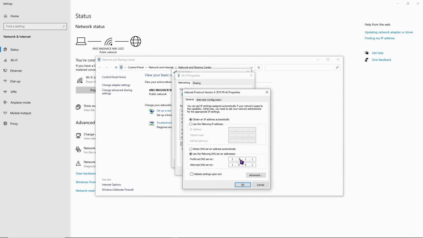If you would want to follow this one, this is a good one for you to test out. You want to type 1.1.1.1 right here and 1.0.0.1, and click on OK and see if that works for you. But if not, then I suggest you go for this one, which is